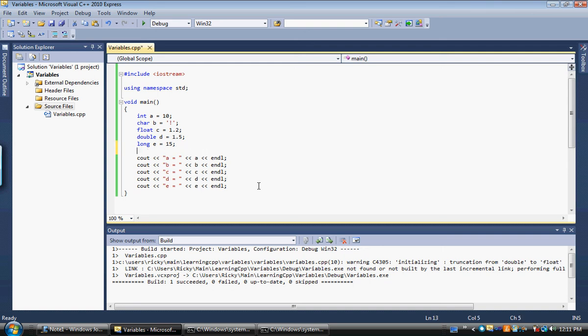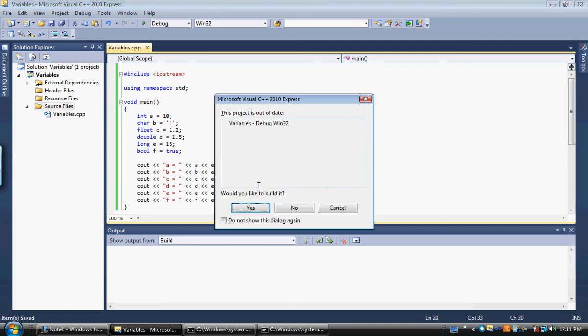All right, and the final one, the interesting one, we're going to create a bool, f equals true. The word true and the word false, you'll notice they turn blue. That's because these are special values in C++. You are allowed to use them in the same way that you would use numbers, and you have to assign them to a Boolean when you use them, okay? So I just create a Boolean which can only be true or false. And when I print it out,